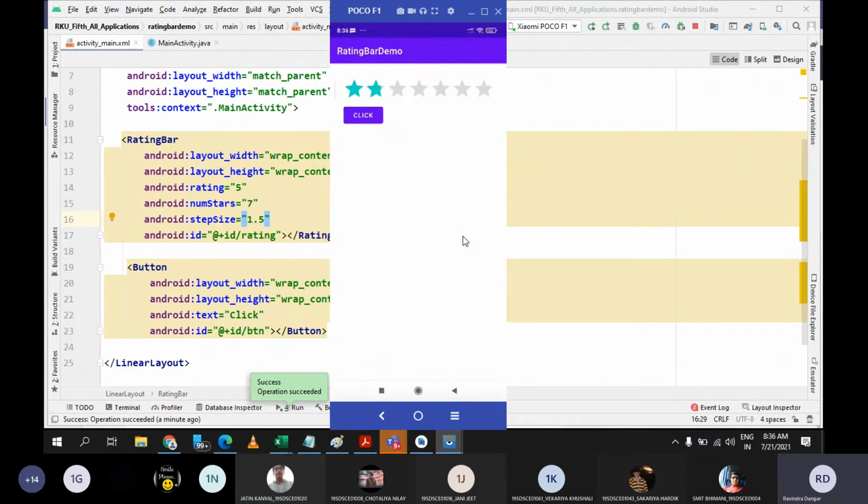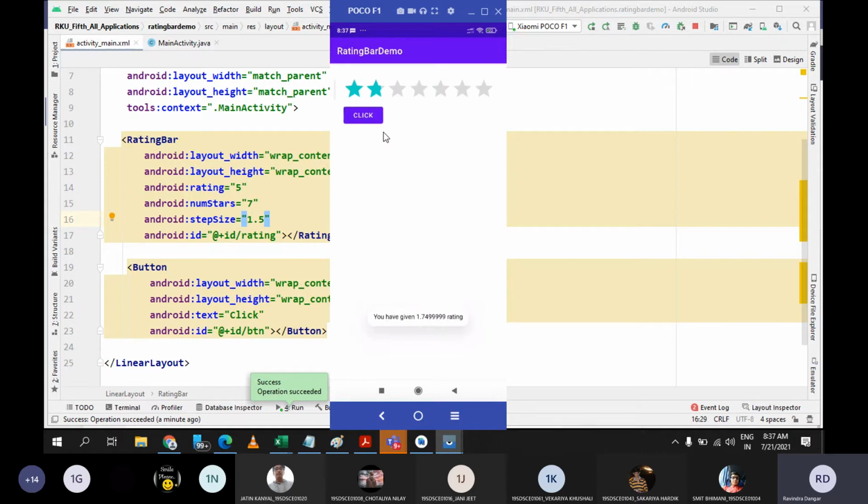No. See, whenever you go with a step size other than 1, then whenever you click on any star, what will it do? By default, if I click on the first star, it is not that it will increment 1.5 only. Default is 1.5. Now it's up to you how much area you are selecting for that star.